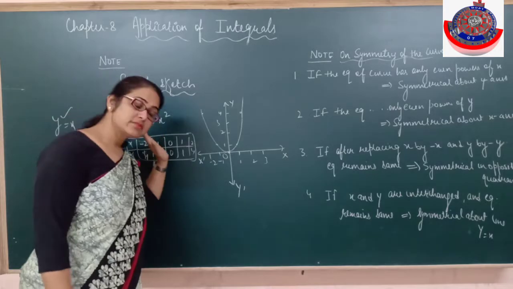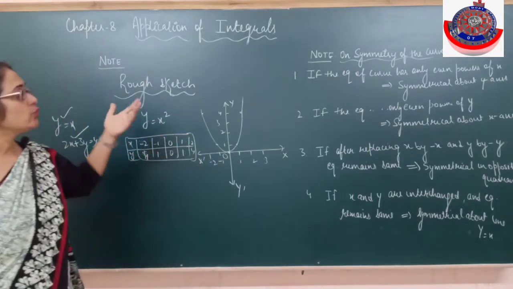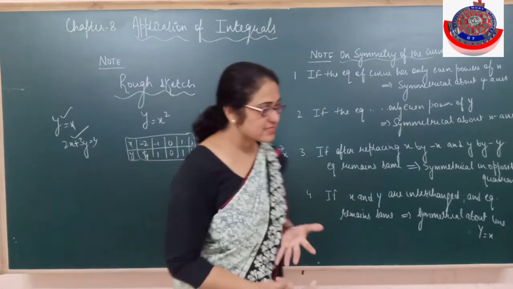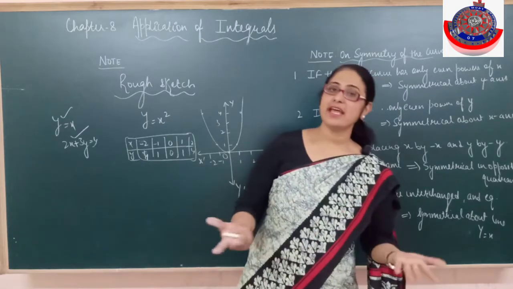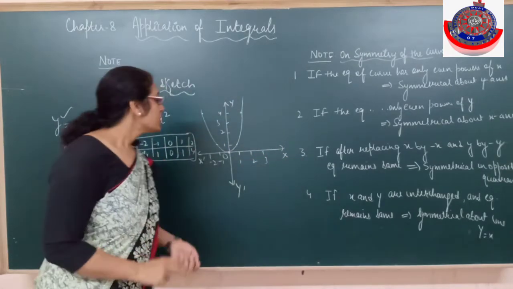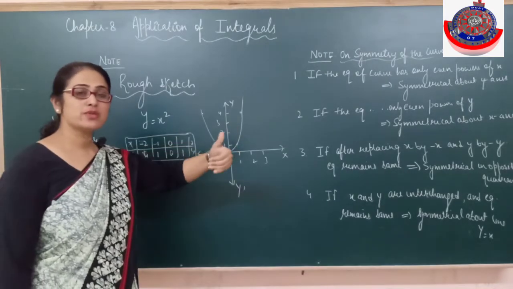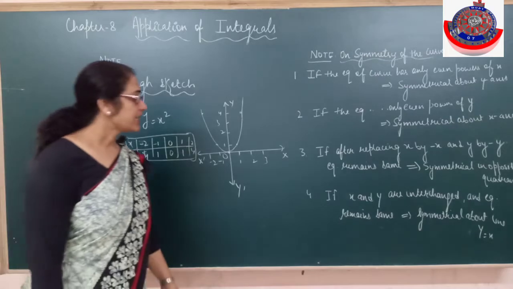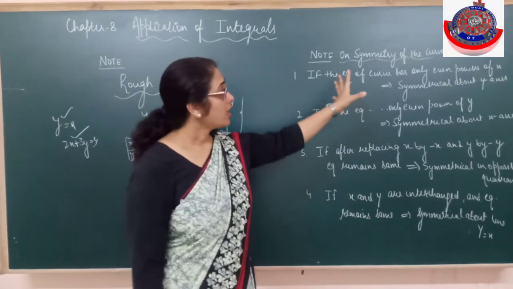But when you have a square, quadratic equation or a biquadratic or a cubic, whatever is given to you, you have limited curves. You have only in your syllabus curves like circle, parabola, ellipse, such kind, and a line. You will be finding out the area under these curves only. So you have to plot it with the free hand, and then whatever the question is given to you, you have to find the area from here to here, that we have to solve. Is it clear? Alright, the second thing is a note on the symmetry of the curve.